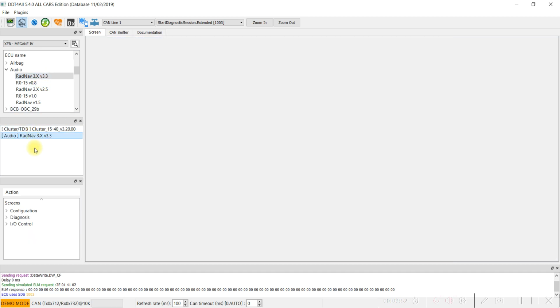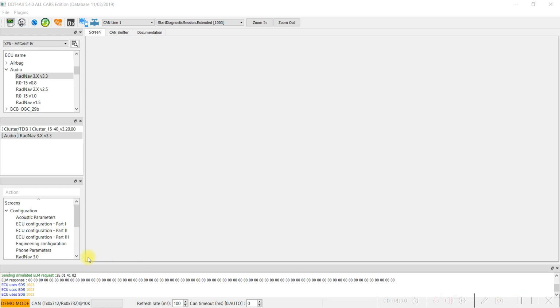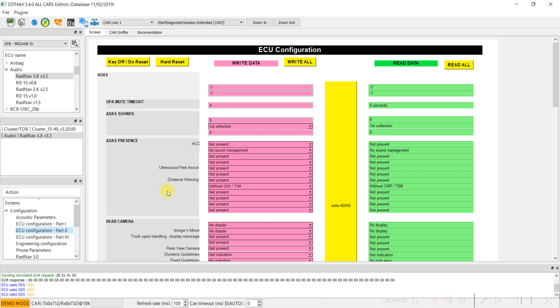Double click again here, go to the configuration menu, and open the ECU configuration part 2, and after that open the